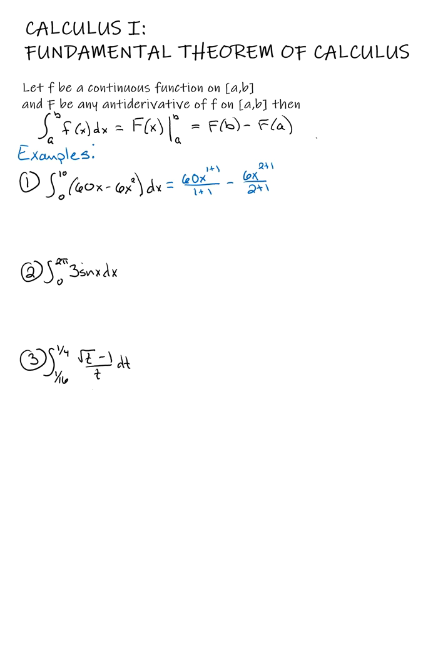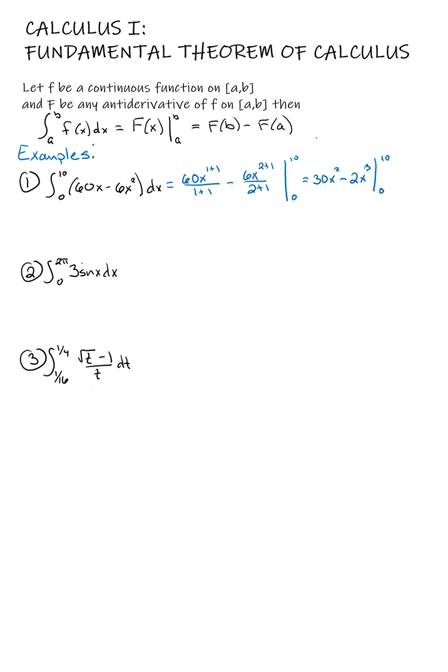And then this can be any antiderivative, so rather than writing plus C back here, I'm going to make that plus 0. I can choose 0 as my constant because I'm looking at any of those antiderivatives. And then we use the notation, we're going to evaluate that from 0 to 10. So I can simplify this just a bit. This is 60 over 2, which is 30x squared, minus 6 over 3, which is 2x cubed, again evaluated